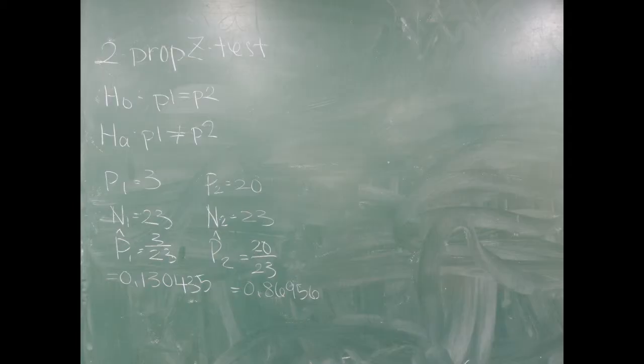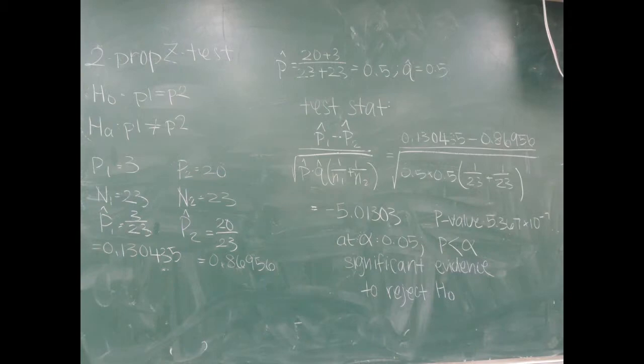So, as you can see here, we have 3 variables. There's the variable P, which stands for the number of successes, the variable N, which stands for the total number of questions, and the variable P hat, which is essentially P over N. This is the equation for our 2 prop z test. After plugging in all the values, we get a very low z-score at a value of negative